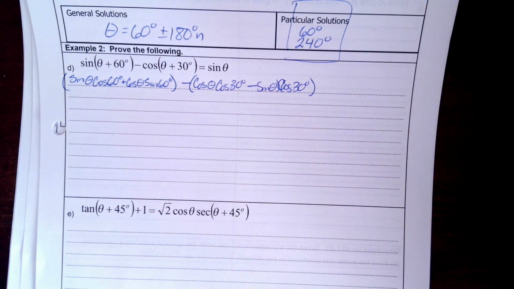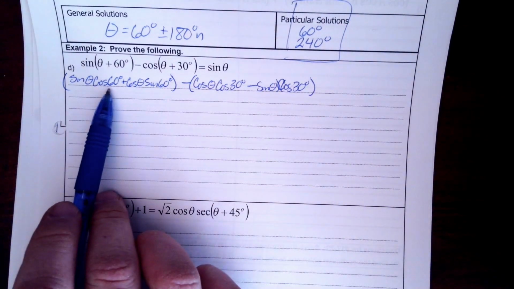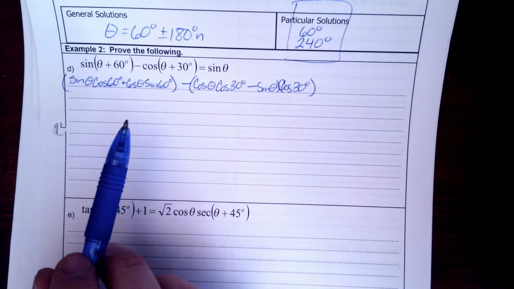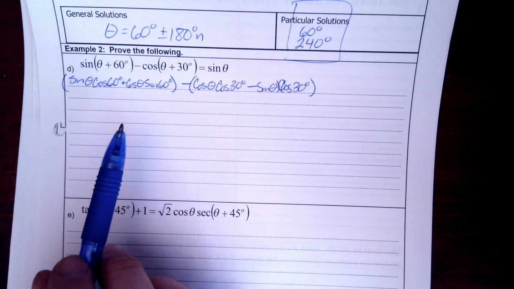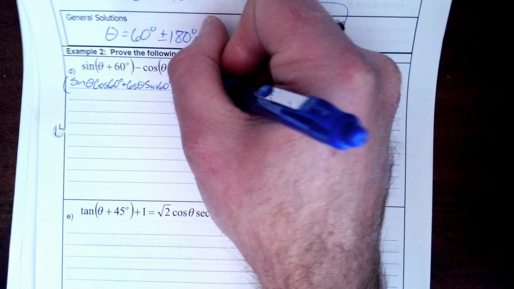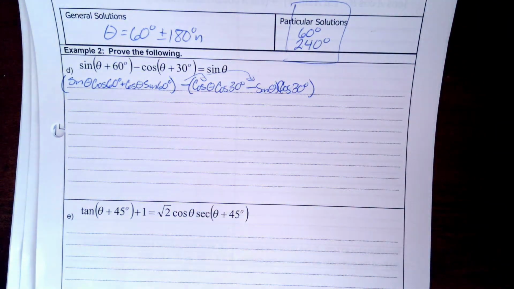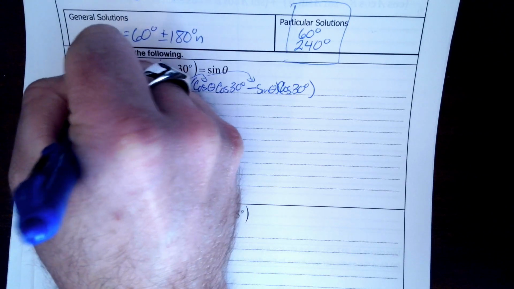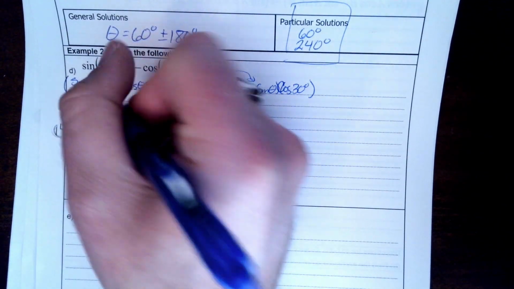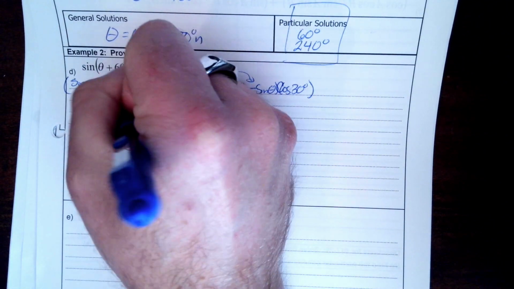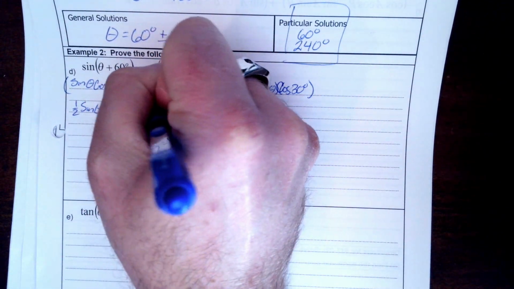but we can get a few equivalent numbers because the cosine of 60 we can get from the unit circle, so the same thing with the sine of 60. Cosine of 60 is 1/2, and the sine of 60 is root 3 over 2. And if we distribute the negative here, we can just start adding a little bit. So the cosine of 60 is 1/2 times the sine of theta plus the sine of 60, root 3 over 2, times cosine of theta